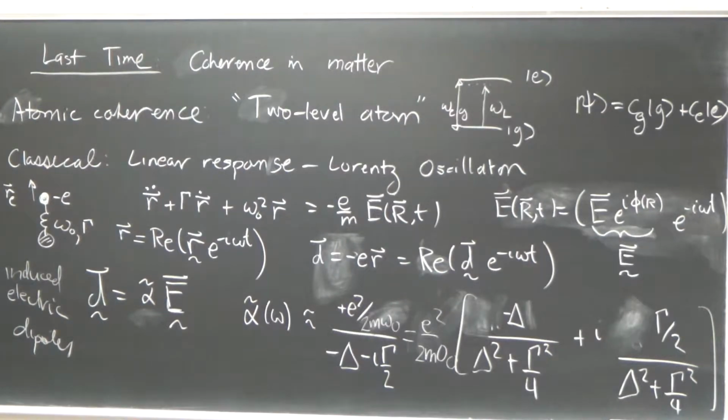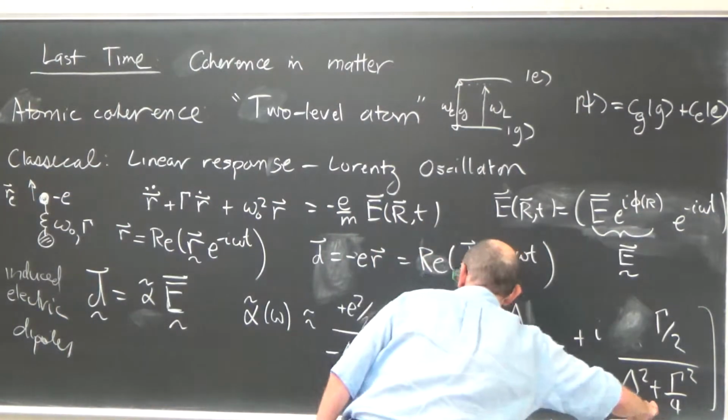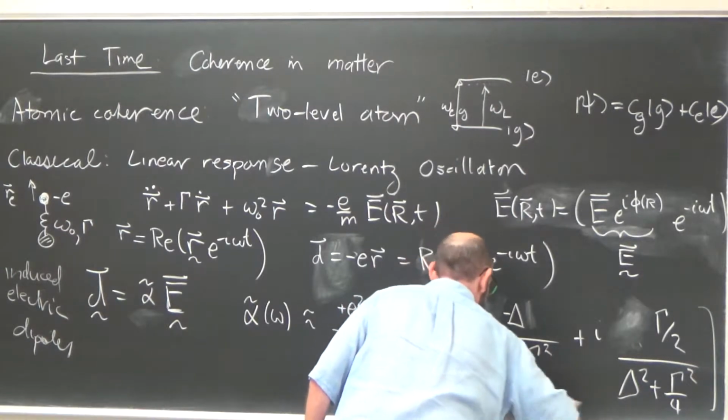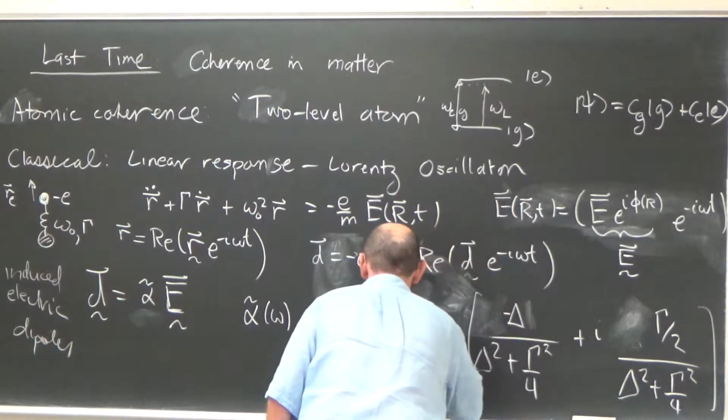And it's in this formalism treated as a complex number with a real and imaginary part. And excuse the horribleness of my handwriting there. Let me write that a little bit